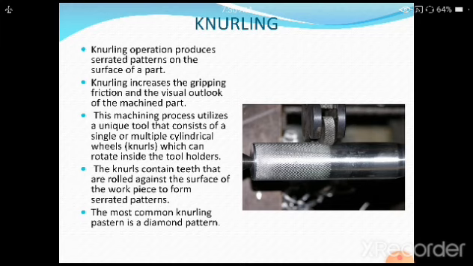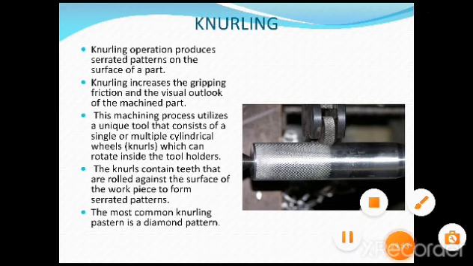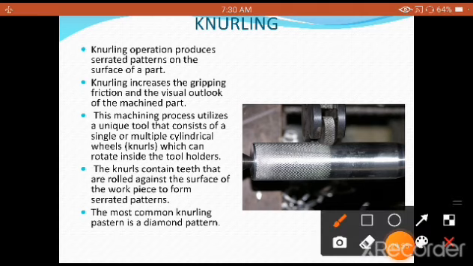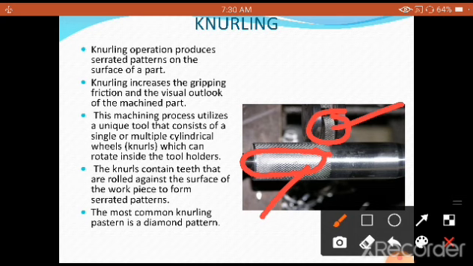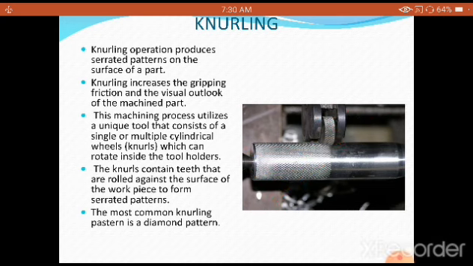which can rotate inside the tool holders. As you can see very clearly, this is the knurled tool, and now it is creating a pattern here. It has created a pattern surface like this. This is called a knurled tool, and this is the workpiece on which the knurling operation is already being carried out, as you can see. So what we are going to do here,